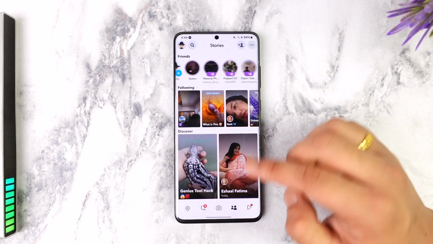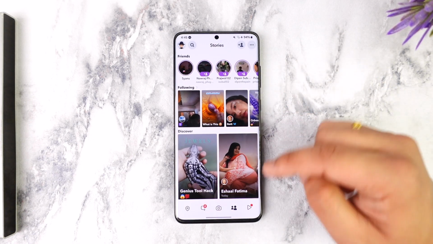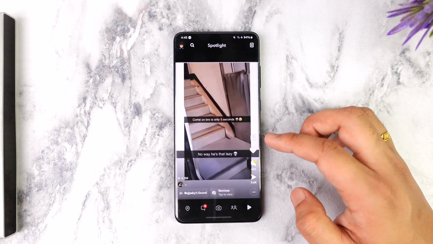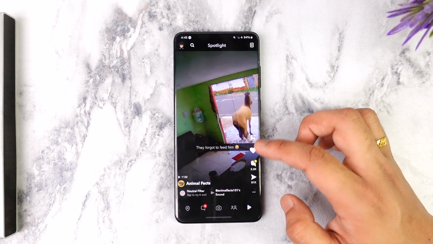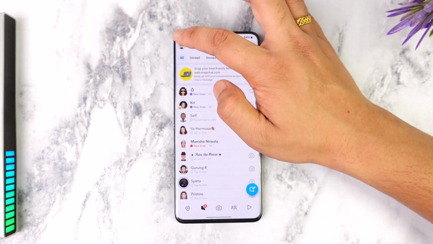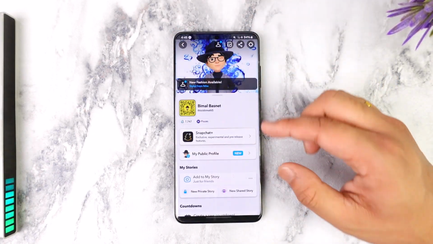If you come here, you'll be able to see all the stories of your friends, and at the very least, you'll find this option known as Spotlight, where you'll be able to enjoy short form video content. Aside from this, if we go to the Bitmoji avatar from the top left,